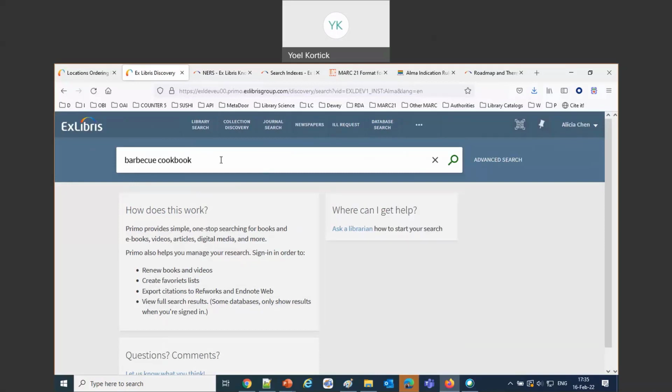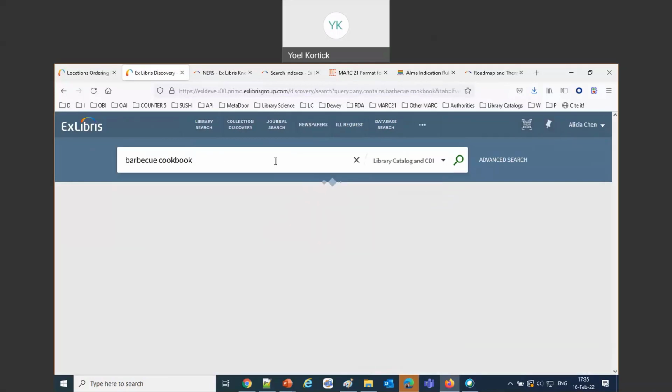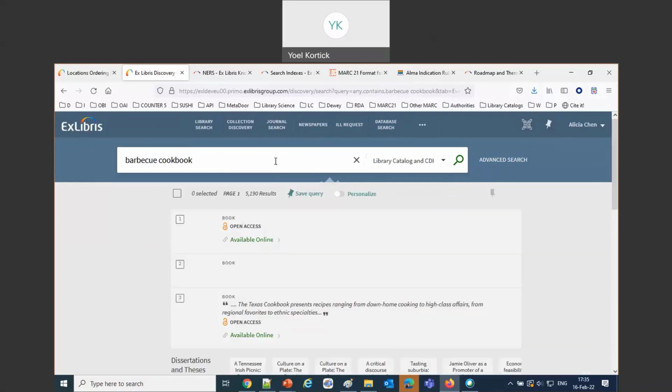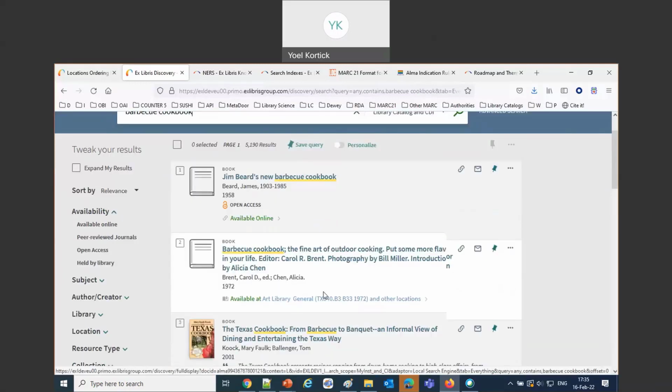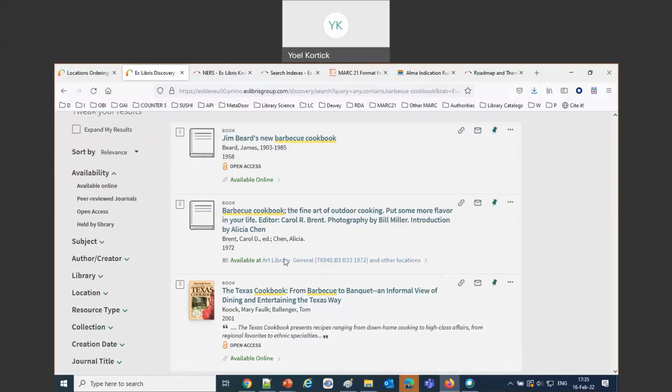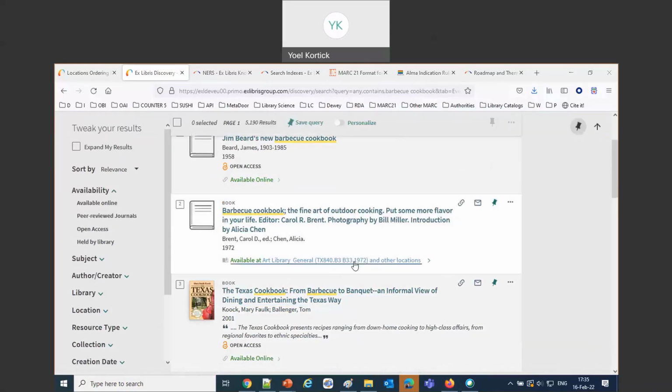And boom. I think that's the one I wanted, the barbecue cookbook. Okay. Now notice it says here, available at Art Library. It's showing the first one. And then when I click it,